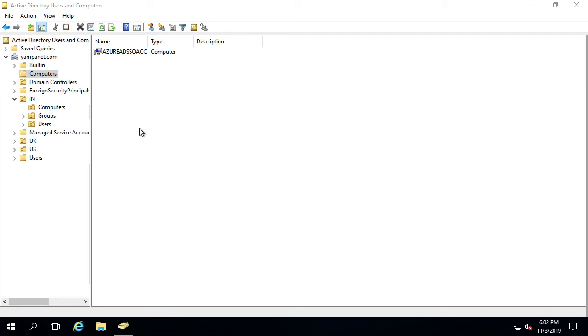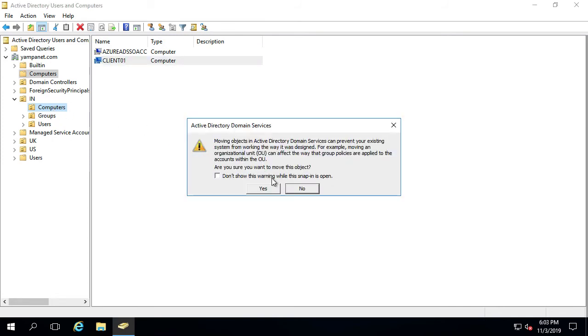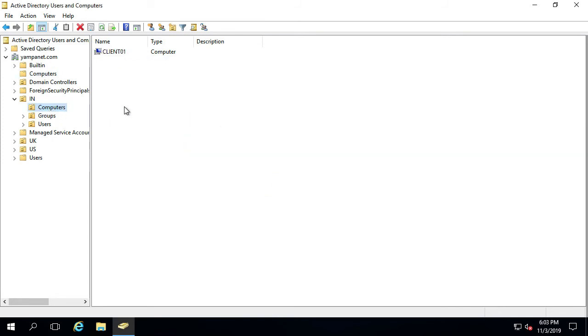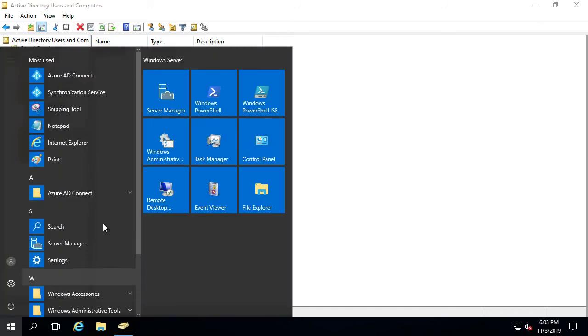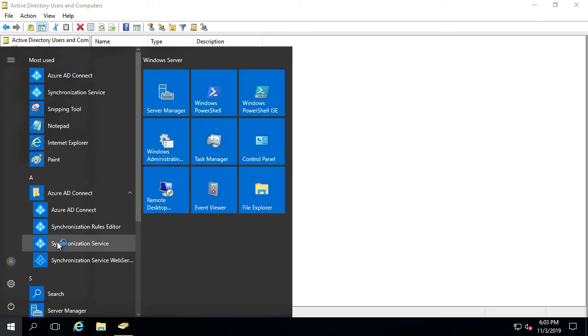And I should see the computer account of that machine over here. So that's the computer account, and in order for this account to get synced to Azure AD, I have to move this to the OU which is syncing from this Active Directory to Azure AD. So now I moved that computer account to this OU. So either you can wait for the synchronization to happen, or otherwise you can forcefully synchronize everything which has changed. So I'll open the synchronization service